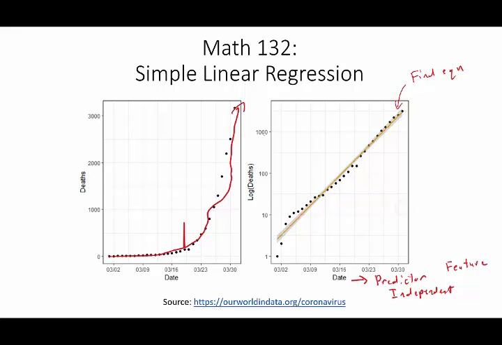And then there's the variable on the y-axis, which is referred to as the response or the dependent variable for our analysis. Our goal then is really to understand how we can model y, so how we can predict y, if we put a hat, as a linear function of x. And furthermore, how can we quantify the error in this model